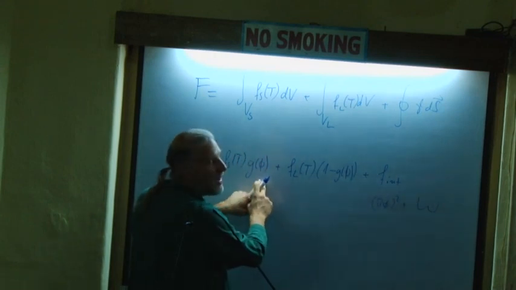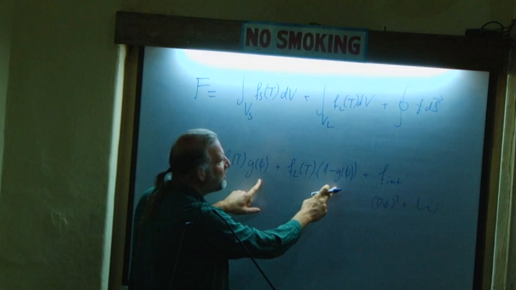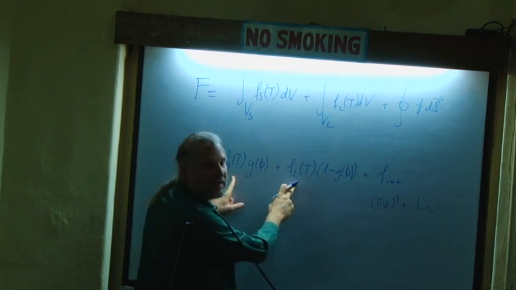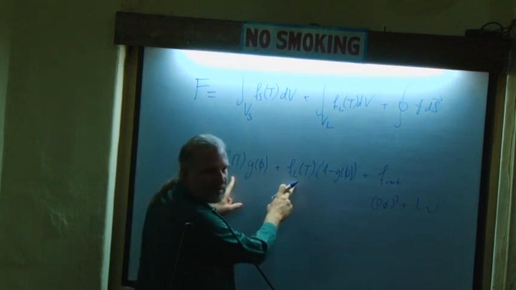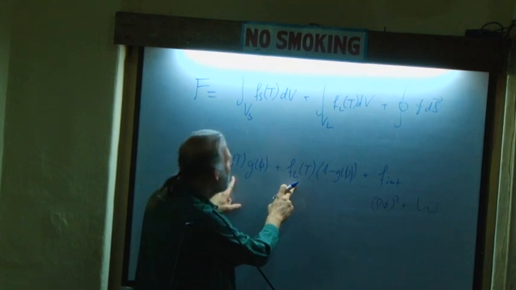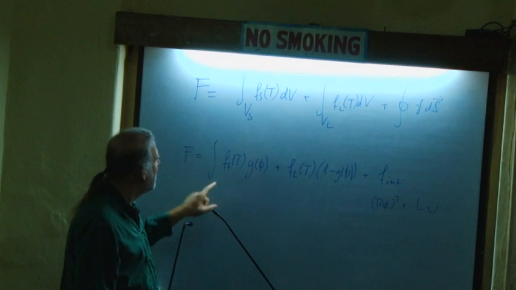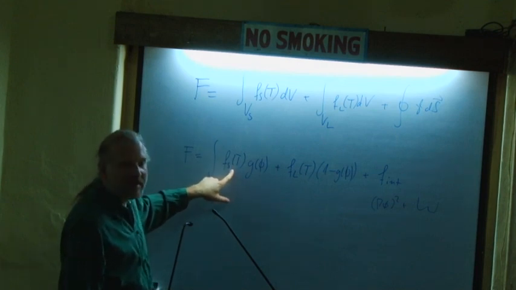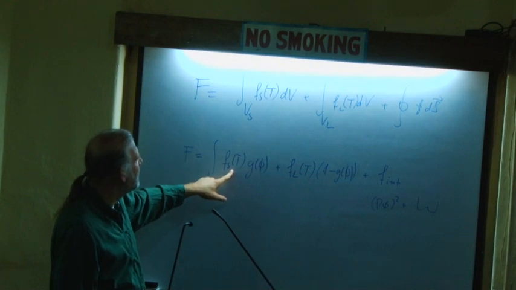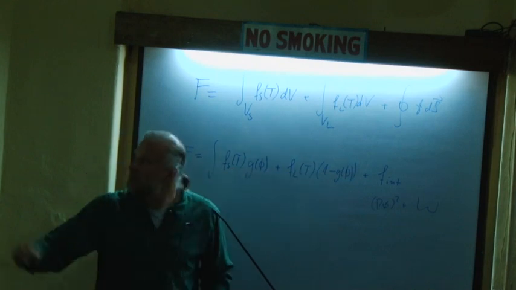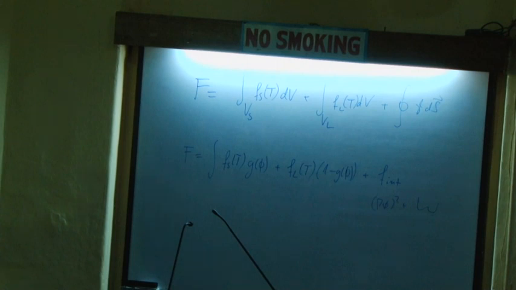And here, if I derive with respect to phi, I will get g prime of phi. And here, the difference between the free energies, which is exactly the driving force. And if I derive with respect to temperature, I will see again that here I will get the df by dt. So I will get the entropy,